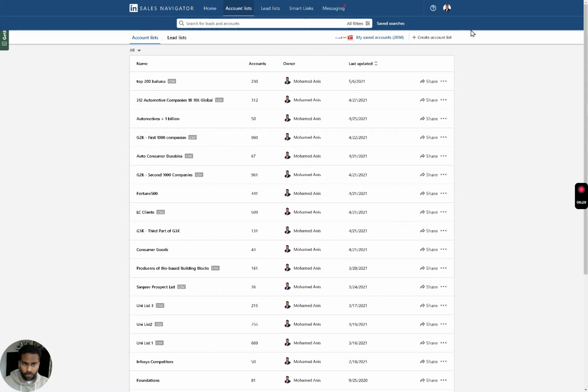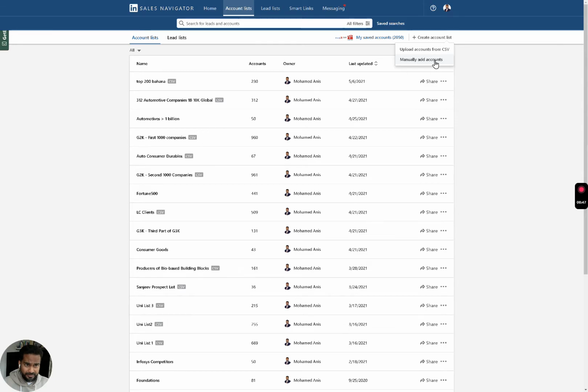And then there are two ways you can do the account list. Either upload the accounts from an Excel file or a CSV file, or you can manually add accounts. Most of our clients will not have the ability to upload accounts from a CSV because they will not have an enterprise account with LinkedIn Sales Navigator.